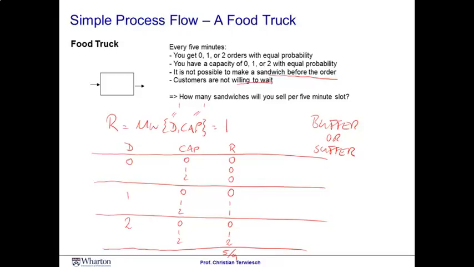By allowing for inventories, we'll actually be able to have a higher flow rate. If we allow the food truck to make a sandwich to inventory in the situation where the demand is 0, or vice versa, if we allow the food truck to inventory to buffer some customers when the demand is high, the flow rate will go up. So in other words, inventory helps us with the flow rate by decoupling the supply and the demand. This is one of the reasons why companies like to have inventory.